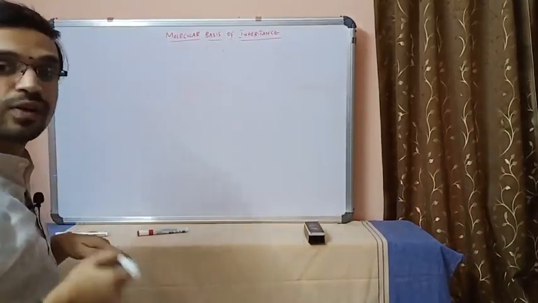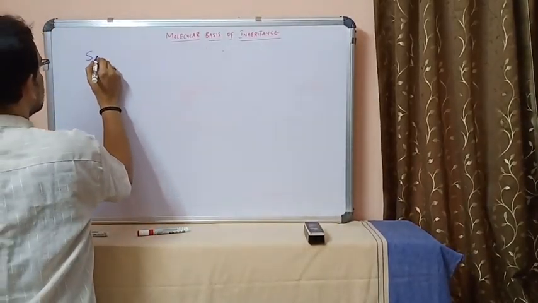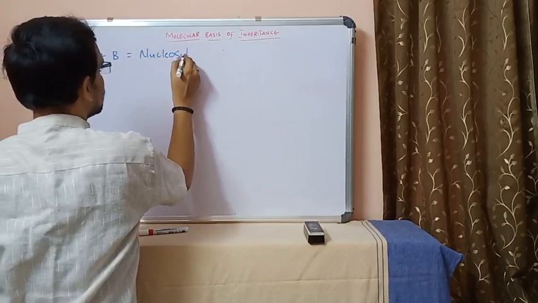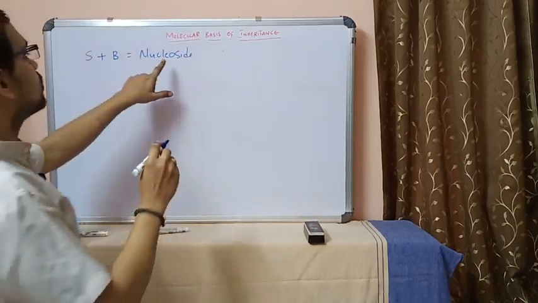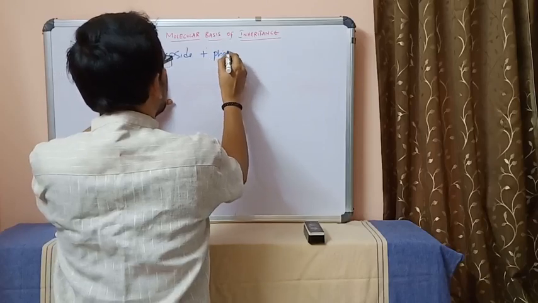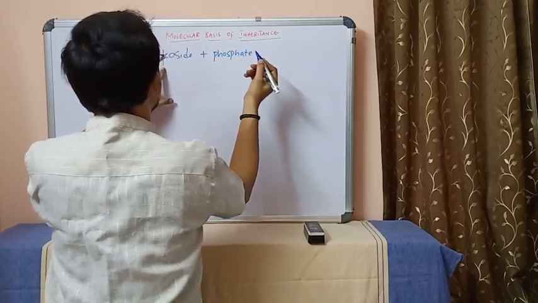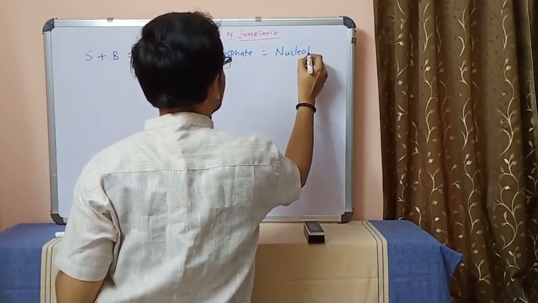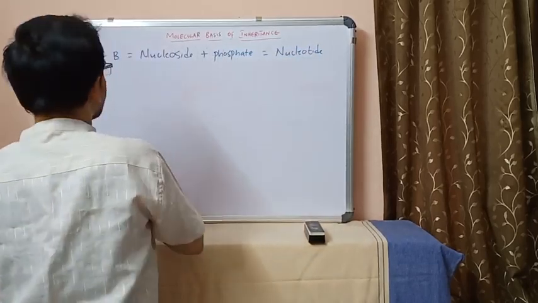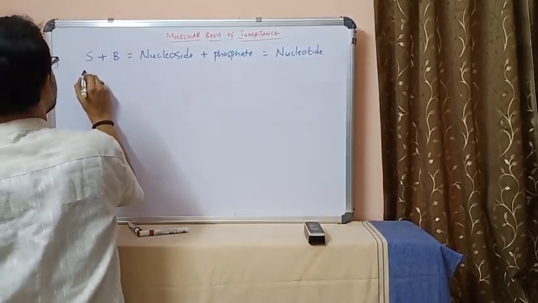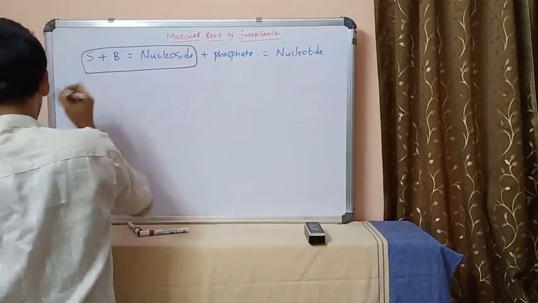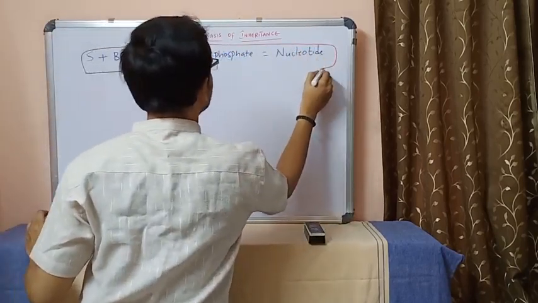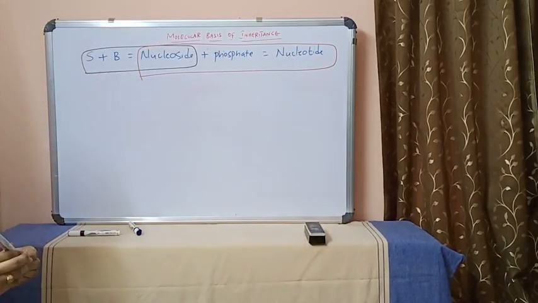So first, what is a nucleoside? Sugar plus base is equal to nucleoside. Nucleoside plus phosphate is equal to nucleotide. So sugar plus base is equal to nucleoside. Nucleoside plus phosphate is equal to nucleotide. Okay, so